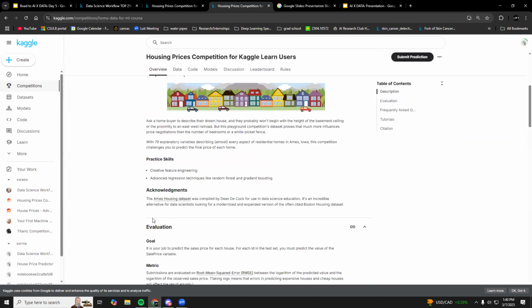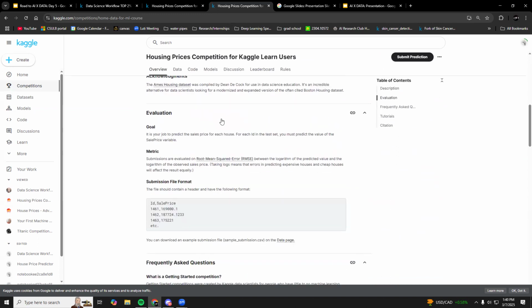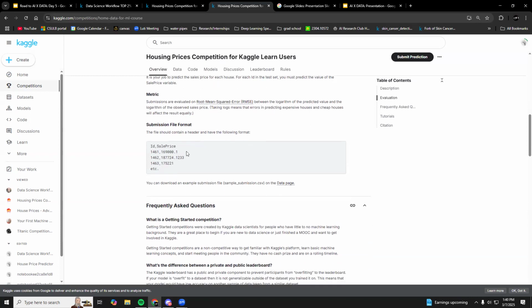And so we're going to have this overview, and then this is a description, more about why Kaggle is hosting this. But the most important part is the evaluation section. This is where you're going to see what the goal is, based on the data set that we give you, what we want you guys to try to figure out. The metric that's going to be used for grading is also an important thing. And finally, the submission file format. I'm going to explain this in a second. All right, I can explain it right now. Basically, for everything except for unsupervised, we're going to do something special, which we'll tell you guys day of.